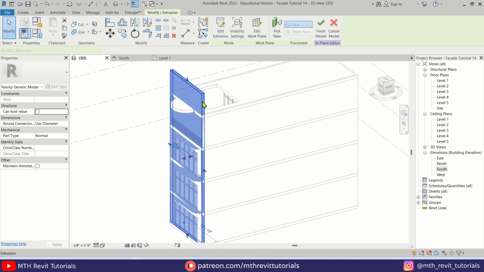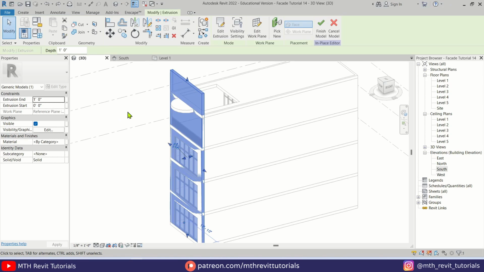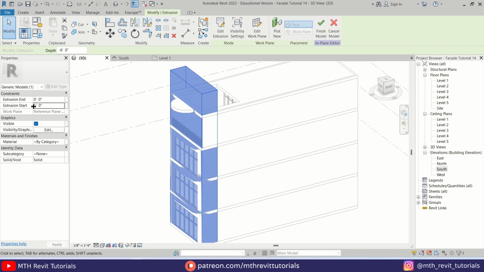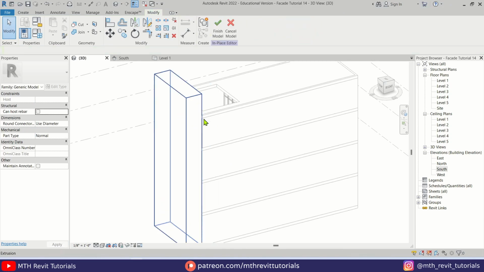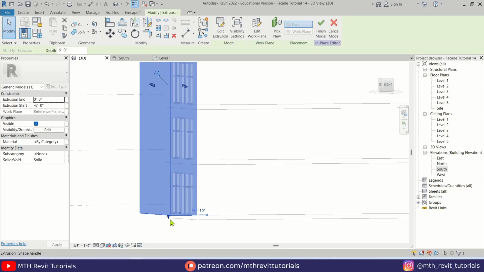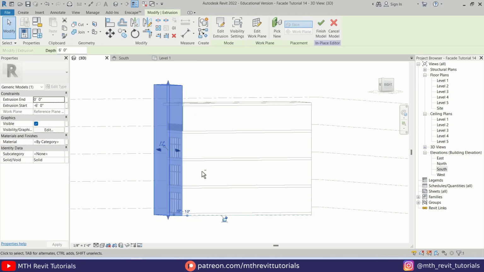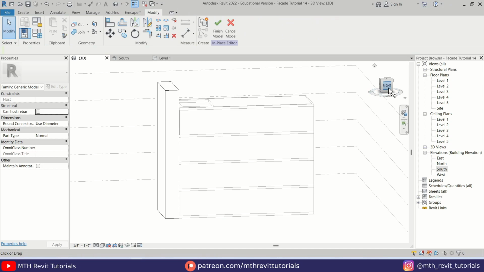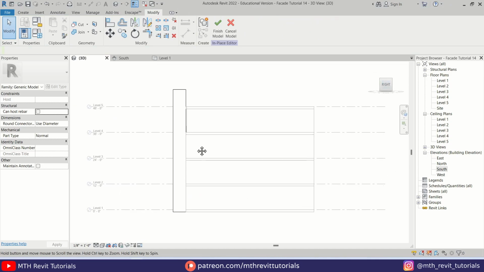Here we have our extrusion. Let's edit the depth of this extrusion. So I will just change the extrusion end to 0 and extrusion start, let's put 6 feet. Okay, we need to add a negative value here. Let's add minus 6 feet. There we go. Now we'll just drag it down here, and then we can go to the right elevation here and create a